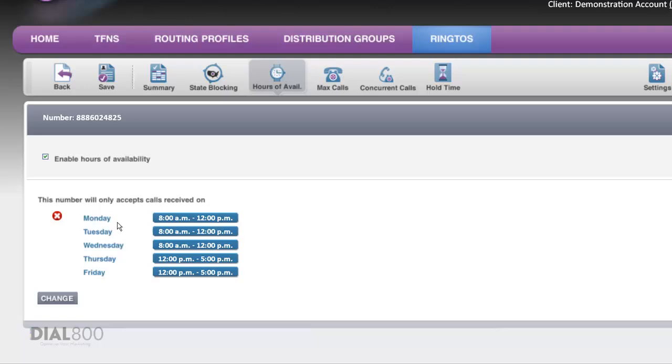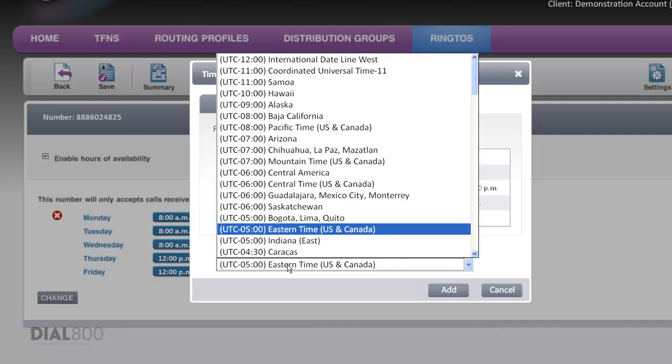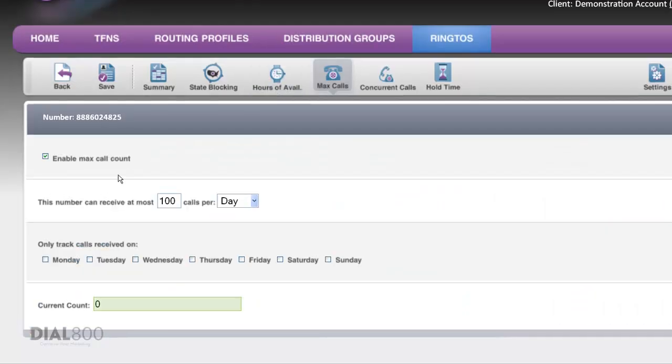So you can see Monday through Wednesday from 8 a.m. to 12 p.m. they're willing to take calls. On Thursday and Friday, from noon till 5 p.m. Very easy to change, and when you change it, you naturally can change it to whatever time zone the individual location is in. Next, max calls means the maximum number of calls they want to receive per, in this case,